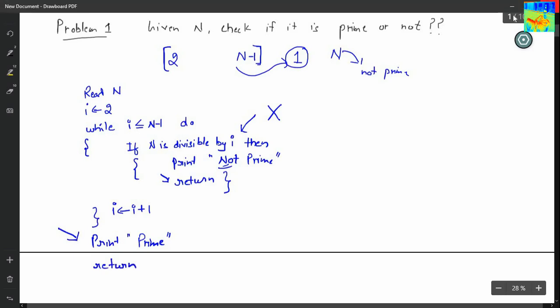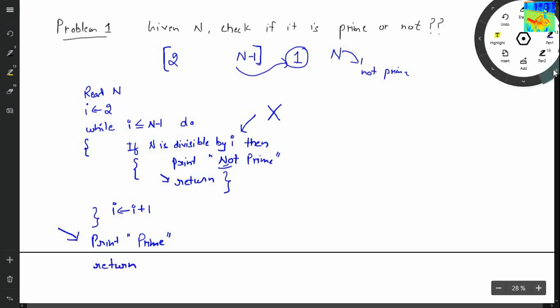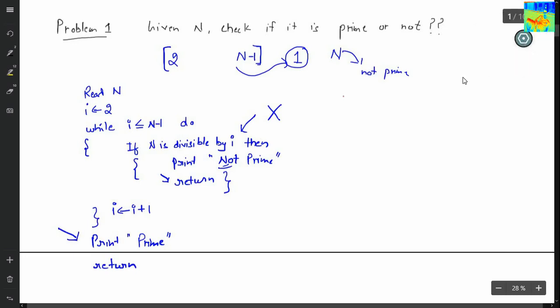Okay, so let's see how it works with the help of an example. Let's say n equals 4. So read n. Initially I equals 2. N minus 1 is 3. Then here you check: is 2 less than or equals to 3?